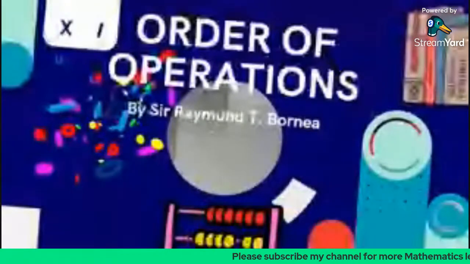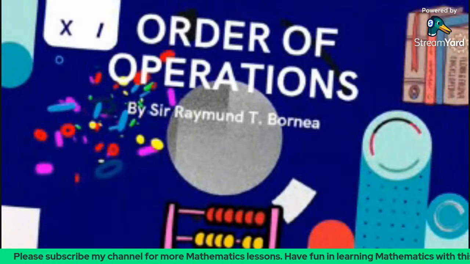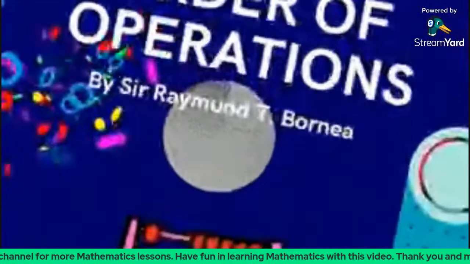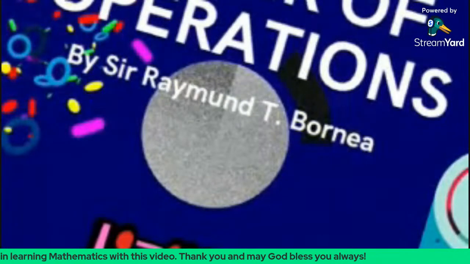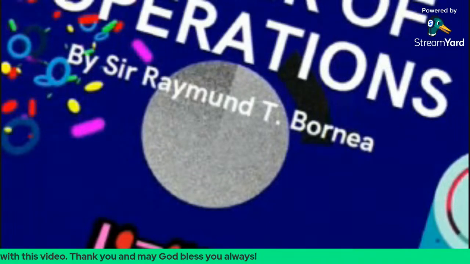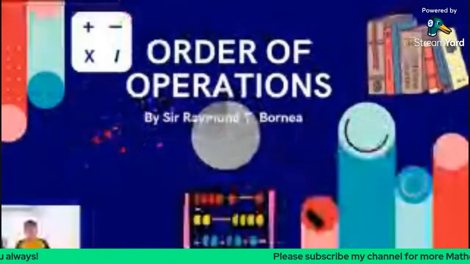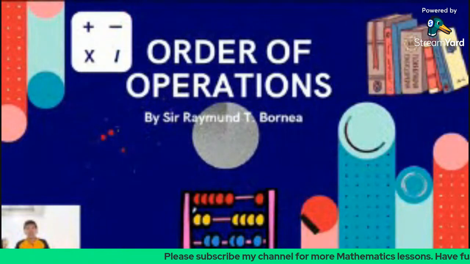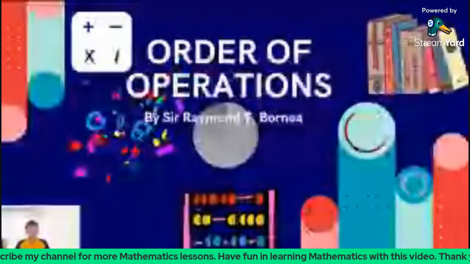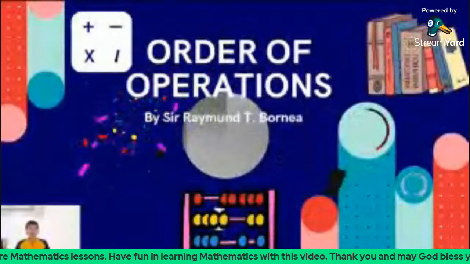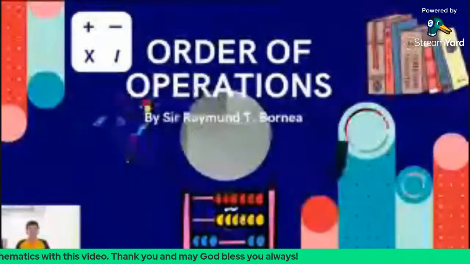So based on the explanation of these pairs, as we can see, there are these words: from left to right in any order. From left to right in any order, and on the last pair, from left to right in any order. So what does it imply? It implies that for the first pair, P and E, the second pair, M and D, and A and S for the third pair, when we say from left to right in any order,